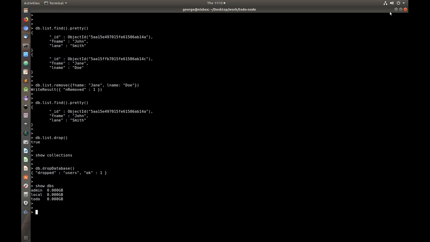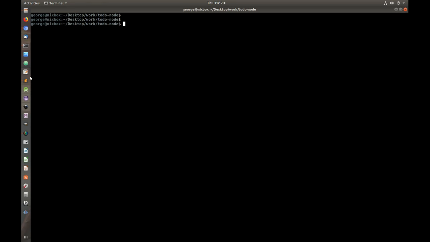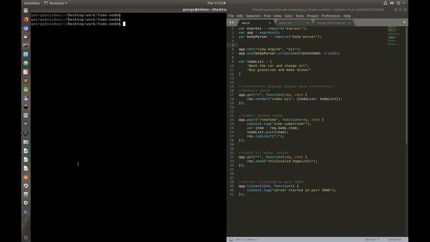So let's head back into our application. I'm going to exit out of here. And I need to make sure that I'm inside my projects directory, and I need to install another package. This one is called mongoose, and so I'm going to say npm install mongoose --save. I'm going to press enter. I'm going to let that finish,